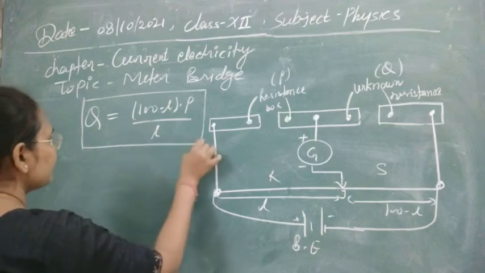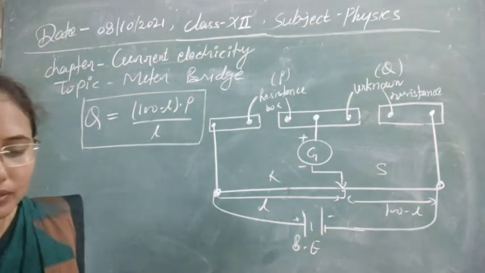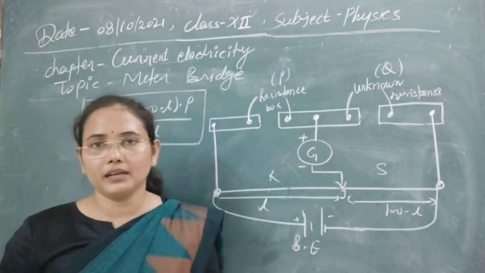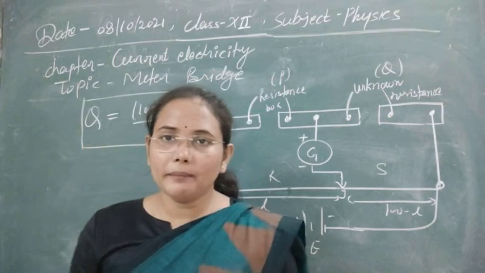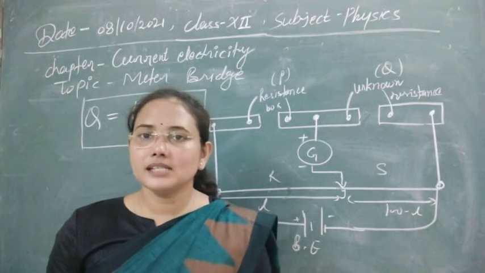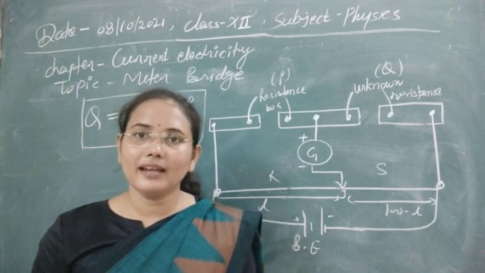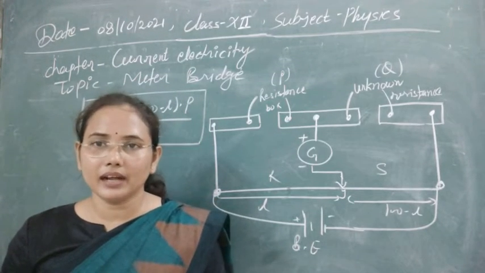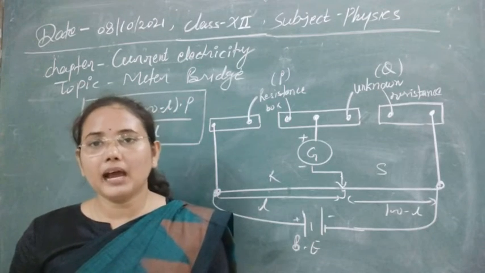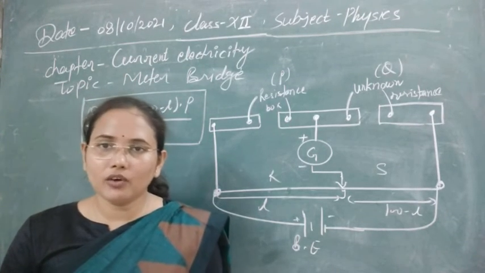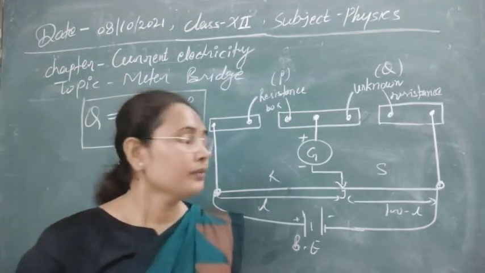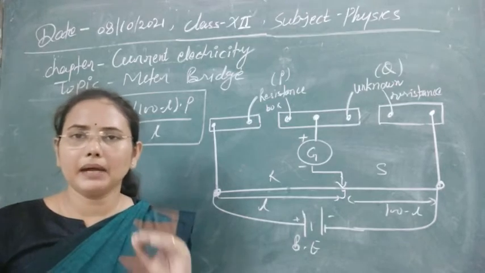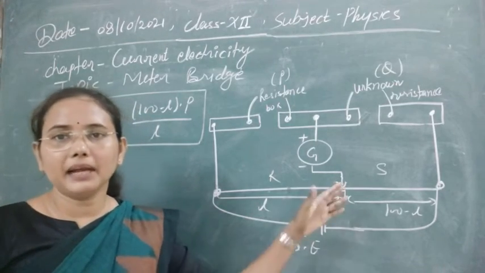Next, the second application of the meter bridge you will see, that is we can verify the law of combinations of resistors from here. As you know, if two resistors are connected in series, with resistances R1 and R2, their equivalent resistance will be R1 plus R2. Similarly, in parallel you have the formula R1 R2 upon R1 plus R2. The law that we have written by theory, we can prove practically by using the meter bridge.